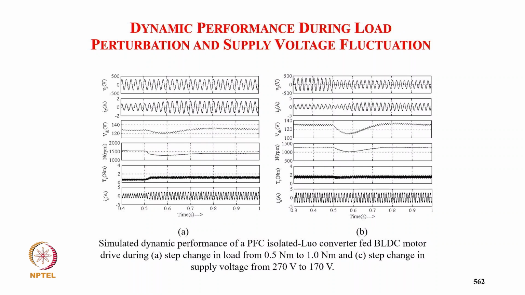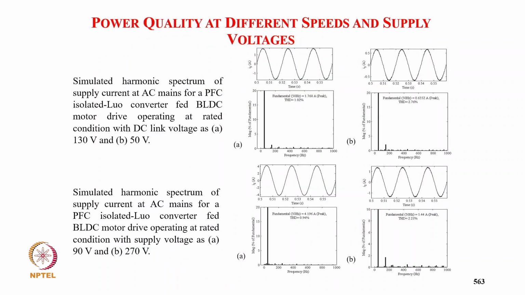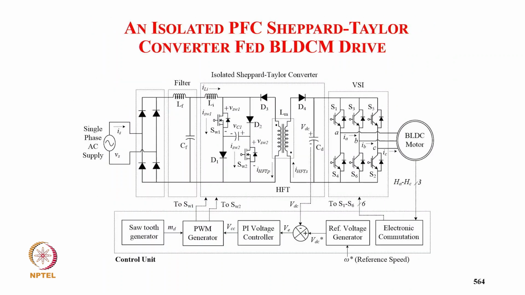Then the load changes from 0.5 Newton meter to 1 Newton meter, and the supply voltage changes from 270 to 170 volts, and the total harmonic distortion of the supply current does not go in any case more than 2.76%. Now coming to a power factor correction SEPIC Taylor converter,